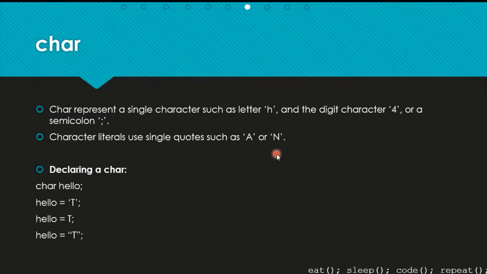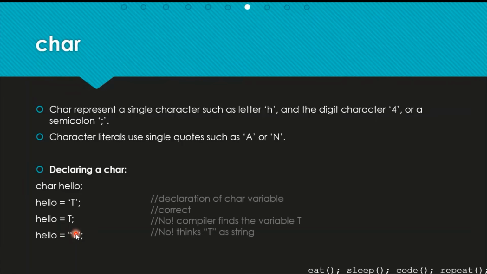Okay, now how do we declare a char? For declaring char, first of all we write char equals to variable. Okay, then here are the three options, like which one is correct? What do you think? Yes, of course first one is correct. Why? Because here we are doing it in single quotation, and that is accepted. Here we don't have any quotation, so here it will search for a variable. Okay, it will search for a variable in your program. Is there any variable with t in your program? Okay, so here this is not accepted, and this is also not accepted because here we have double quotations.